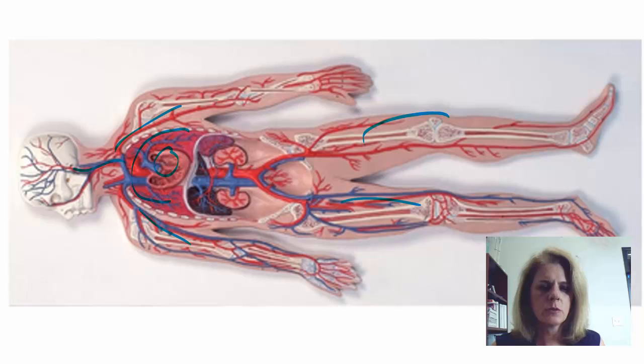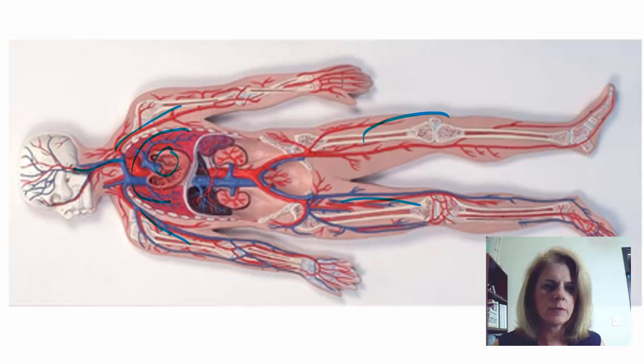So now what we want to do is focus on the vessels inside the abdominal cavity. And so these are going to be the vessels, the arteries and veins that go out to the stomach and the liver and the spleen, the kidneys, the gonads, the small and large intestine. We want to talk about how that blood gets out to those organs and how it's returned back to the